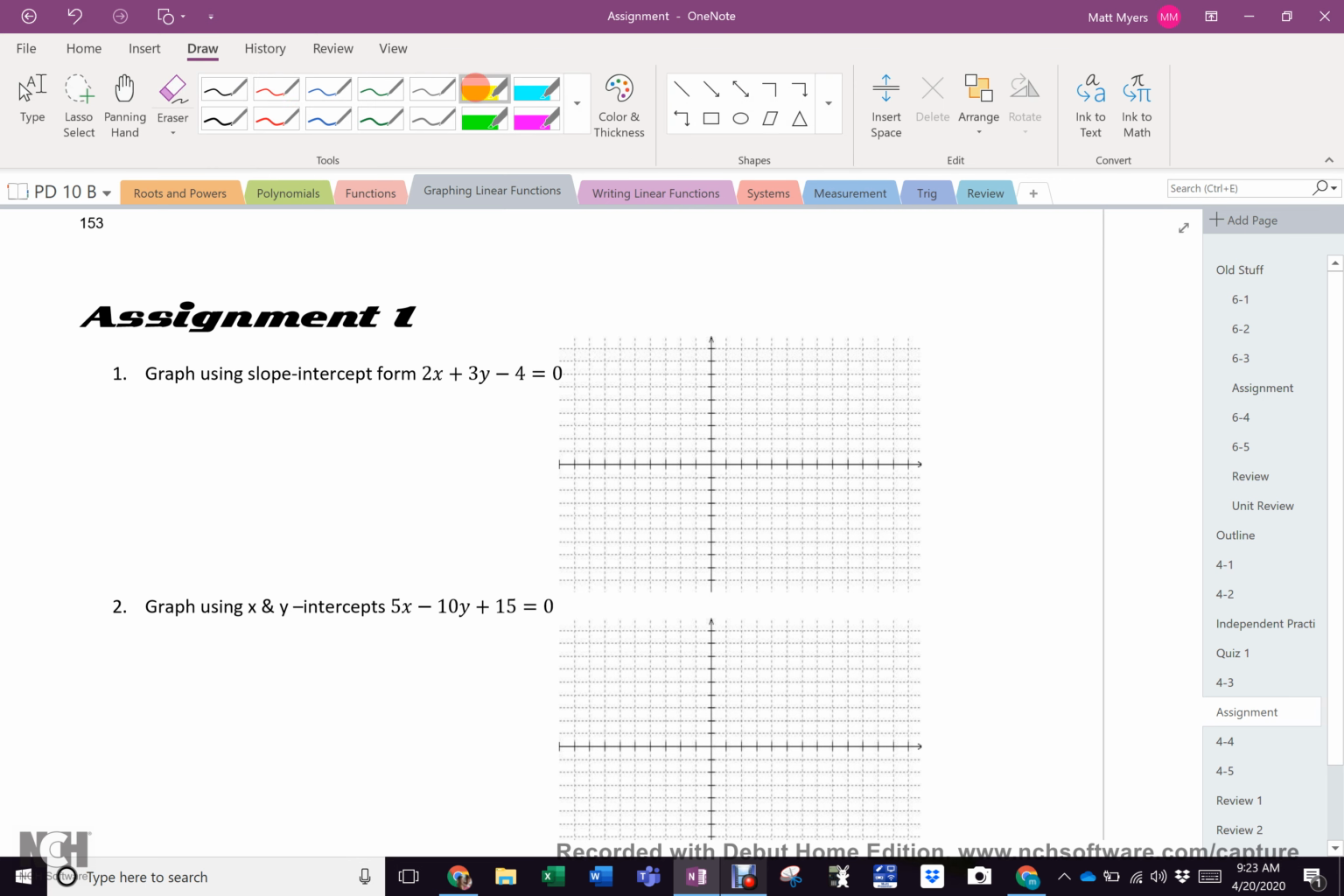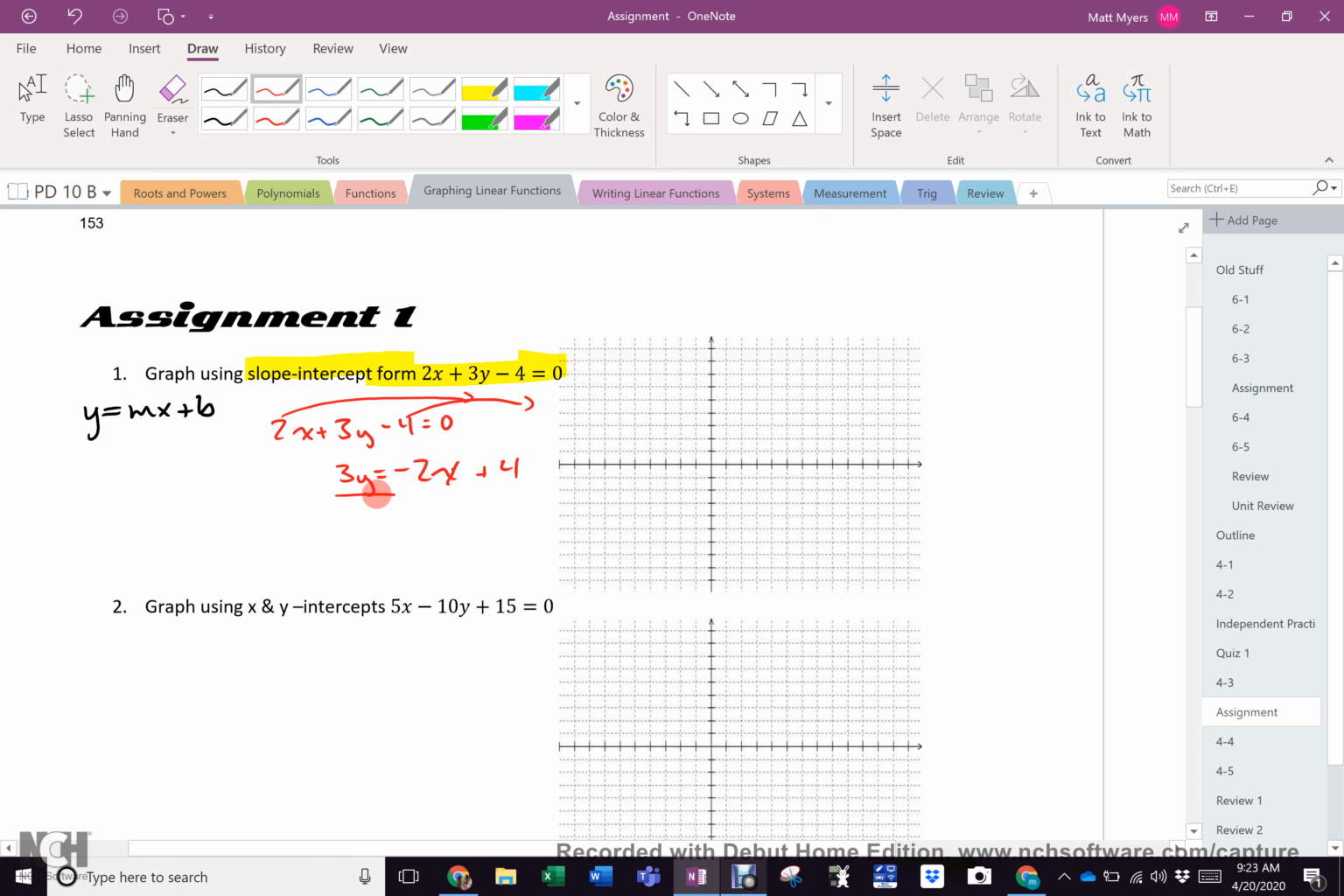So this question says, using slope-intercept form, which means you had to take this and turn it into that, which means you had to isolate y. 2x plus 3y minus 4 equals 0. 3y equals negative 2x plus 4, because when you bring that over, it's negative, and 4 becomes positive 4. Then you had to divide by 3 to get y equals negative 2/3 x plus 4/3, and then you had